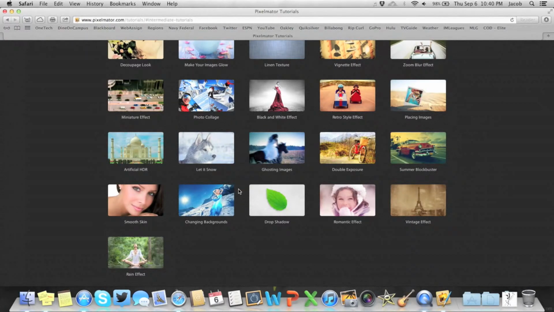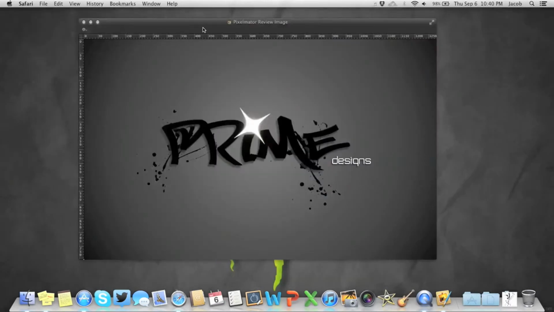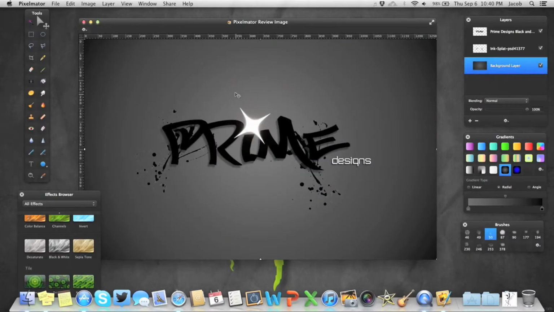One con that I found while using the software while creating that image is that it doesn't have built-in layer styles like Photoshop does. Specifically, it doesn't have a drop shadow effect. You can do it by hand, and there's a tutorial right here on how to do that by hand, but there's not like a built-in effect to create a drop shadow with a layer that you drag in to your image,